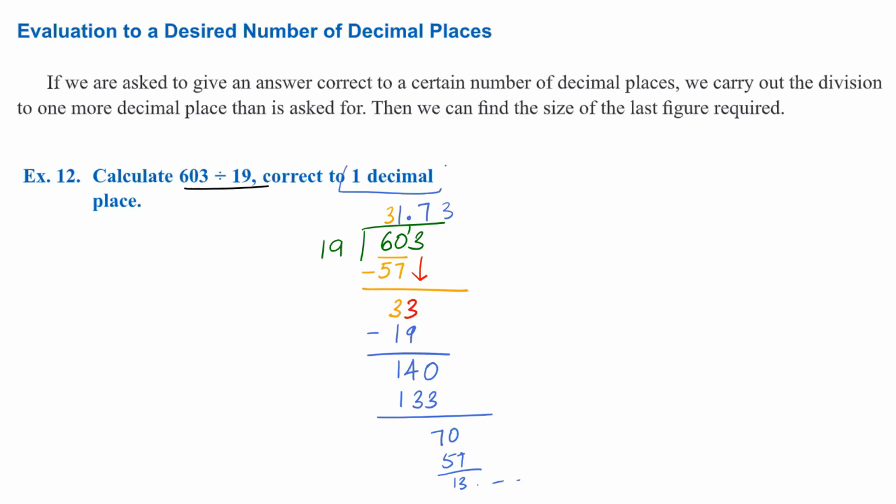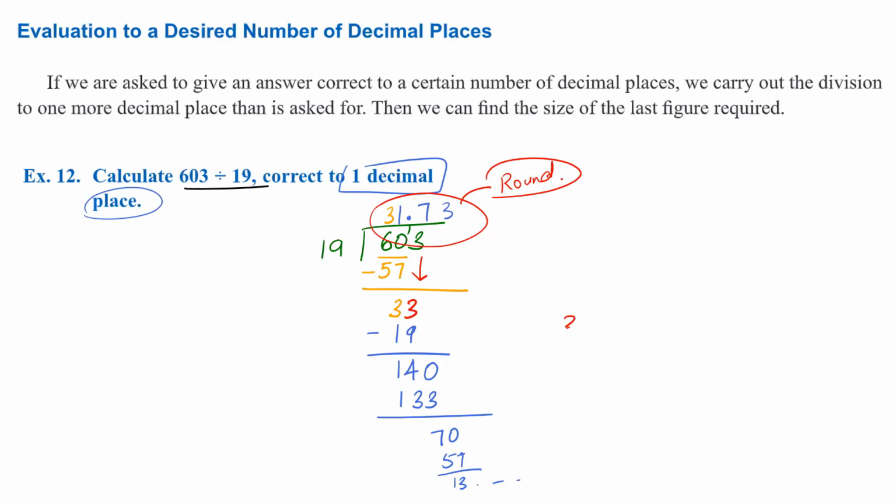But here you only require what? Up to 1 decimal place. Whenever you are asked to find up to 1 decimal place, you need to find the answer up to 2 decimal places. Why? Because we are going to drop this rightmost digit. So the quotient should contain 2 decimal places, then we will round off. Then to this answer, we will apply the rounding off technique.